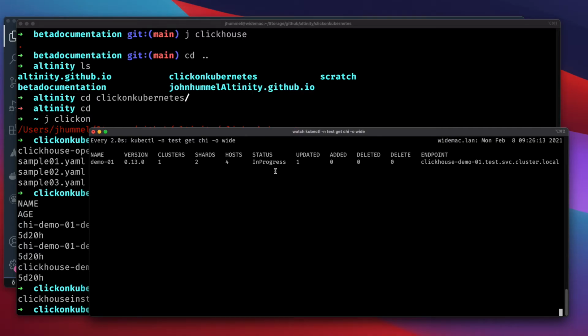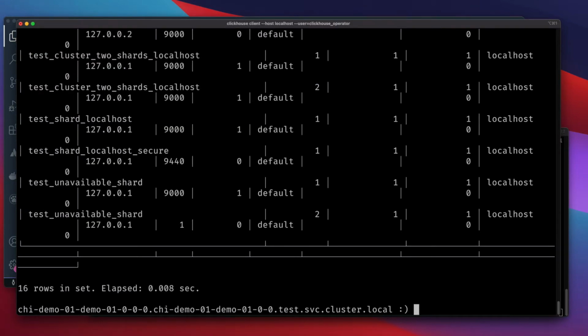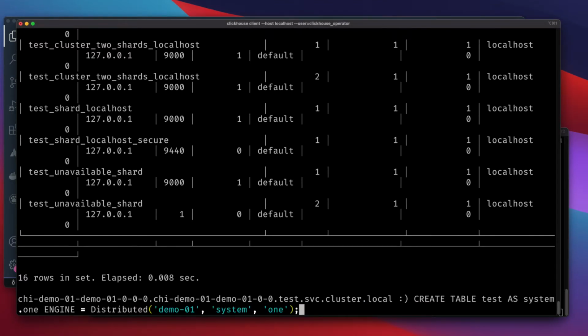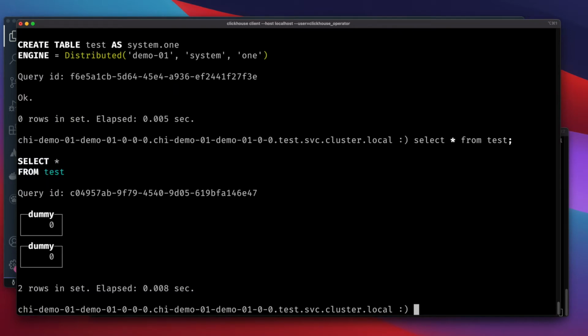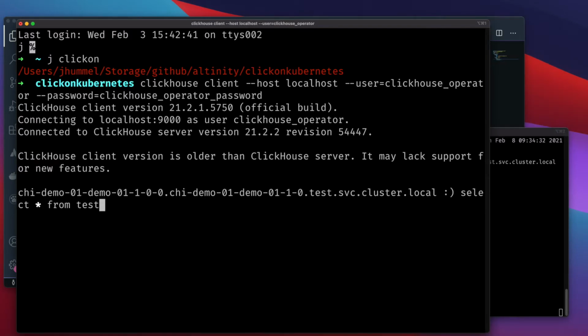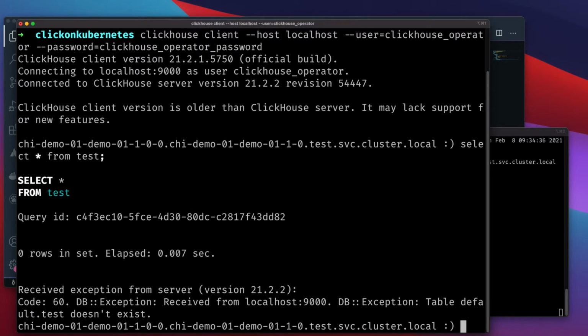Here's an example. We have the following configuration file that gives us 2 shards and 2 replicas. We set up a table in our ClickHouse cluster with replication. We can run select all from test and see the table. If we change our configuration file to just one cluster and one shard, then run kubectl to apply it, we're down to just one shard and one replica. If we run our select statement on our table again, it's gone. Without persistent storage, we're kind of stuck in a world where all of our work goes away anytime the cluster changes.